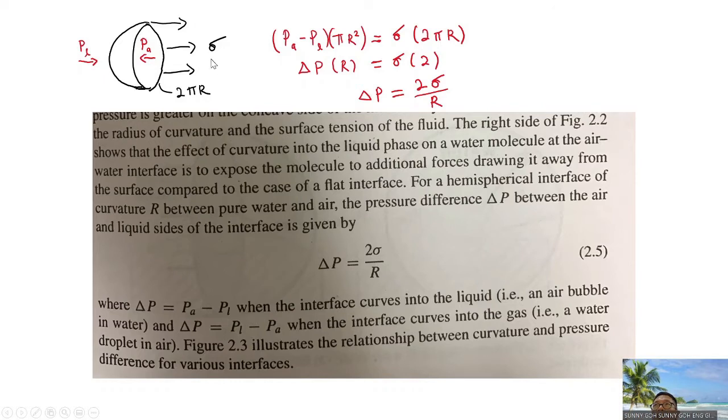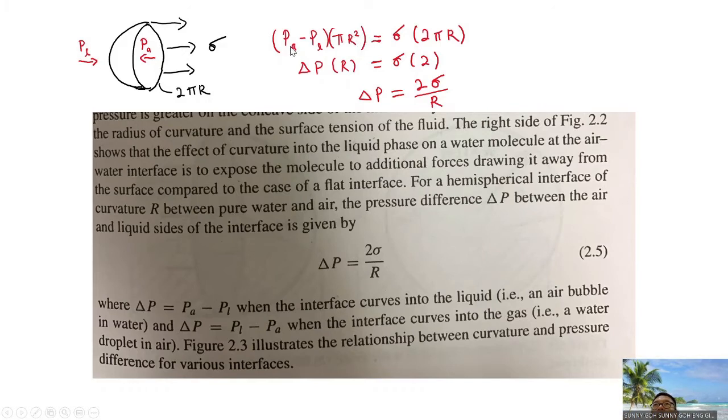So you have a pressure from air pushing in the liquid surface, and then the pressure coming from the liquid that's opposite the pressure from air, and then you have a surface tension on the side of the hemisphere interface, where this surface tension is given by this symbol. This surface tension is acting on the line of the hemispherical surface. So you have the line that is 2 pi r, and then the pressure is acting on the surface area. The surface area is pi r